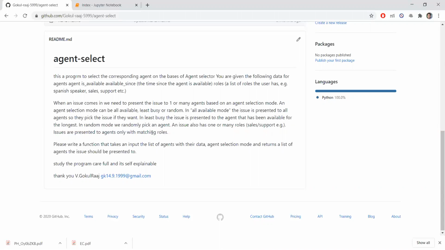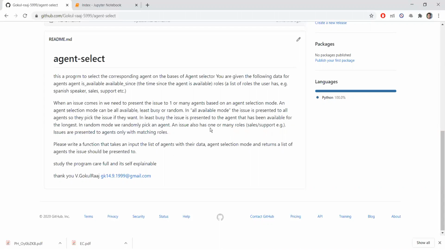Being in least busy, we have to select the agent who has been available for a large duration, so here we have to assign him the work. So it is called least busy. In random mode, we can assign any type of work.